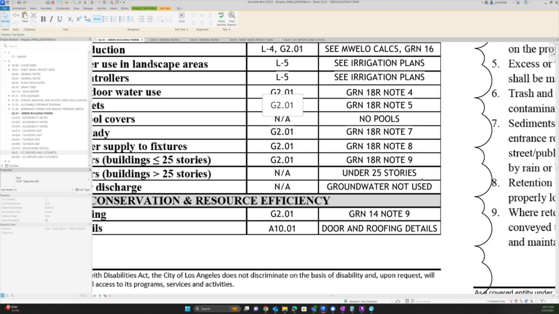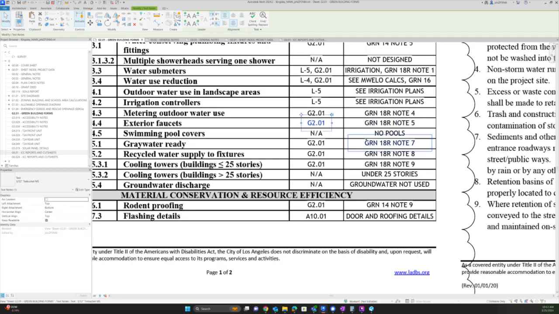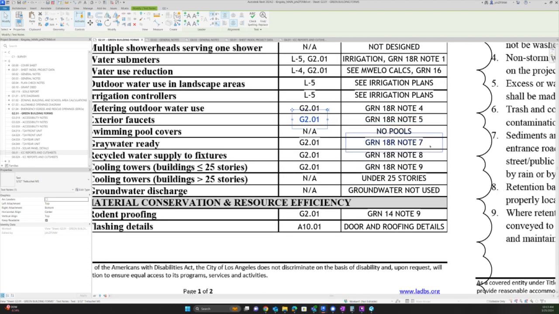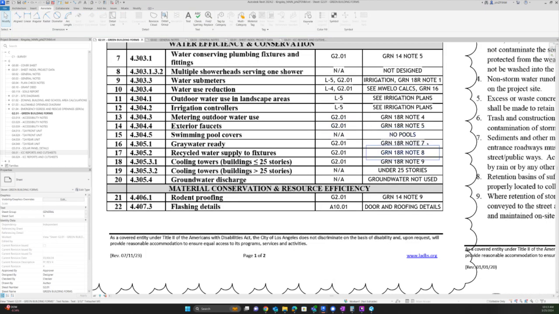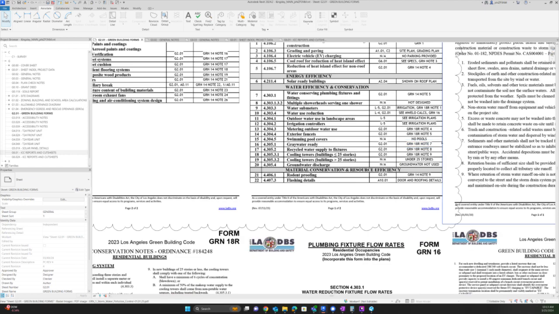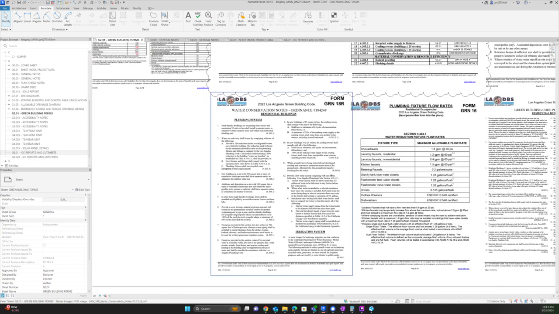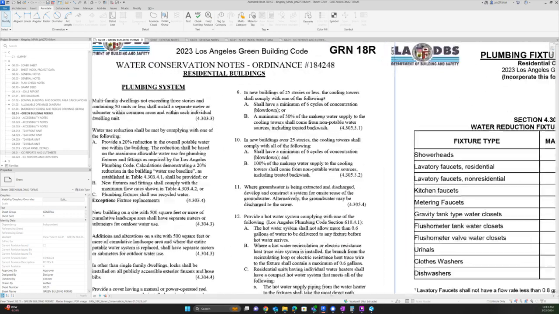Alright, no pools, great. Gray water ready. We do have gray water ready. It's a note here, we'll keep it, but normally what we do on a commercial project is we refer to the plumbing drawings. Here we don't need to. Recycled water supply fixtures, that's a note. Cooling towers, it's a note here, just quickly looking at it. Cooling towers, note 9 is basically saying